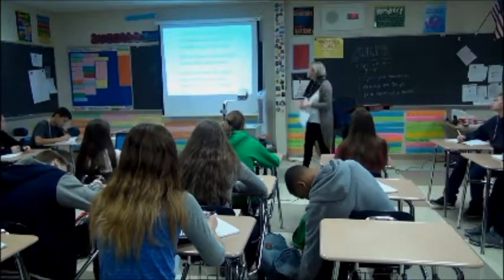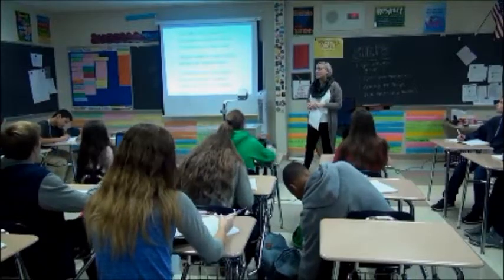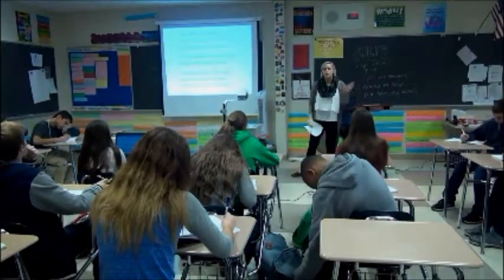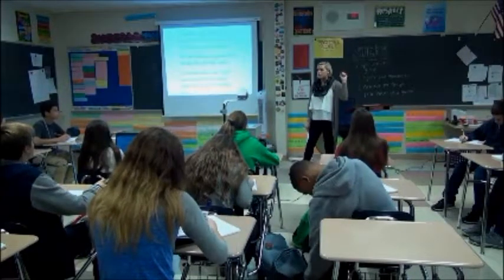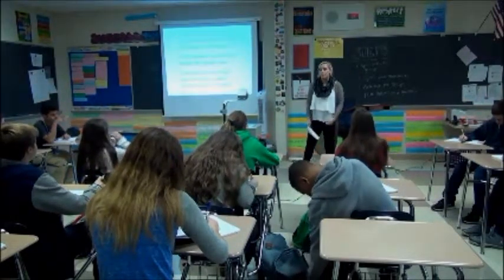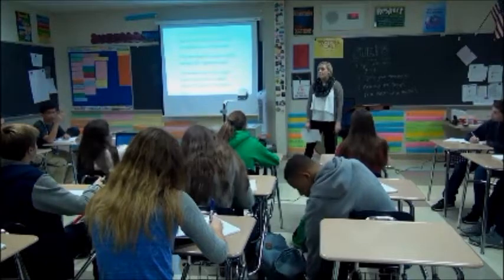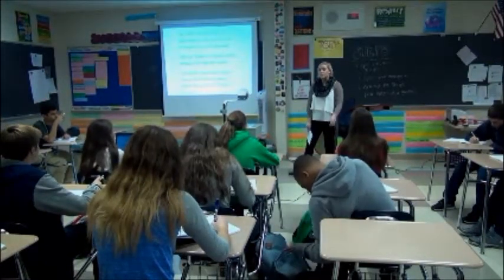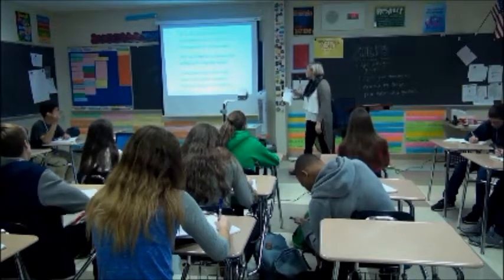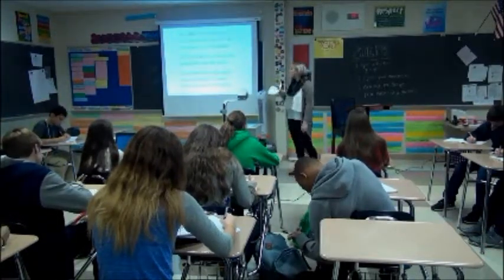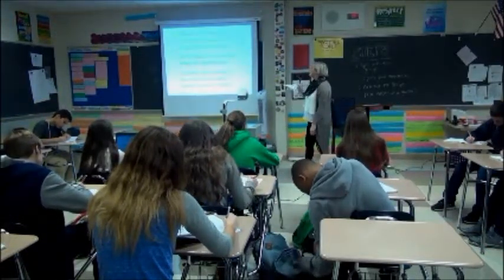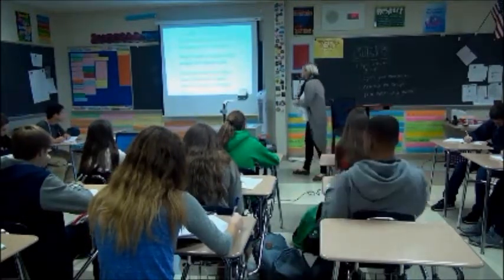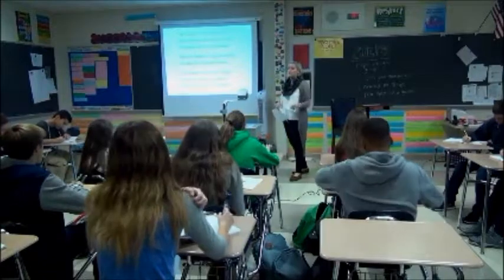So claims are written in a complex sentence and begin with a dependent marker. Does anyone remember what a dependent marker is? You kind of learned about it. Caitlin? It's an AWUGAS word. So it's written in a dependent clause, and that dependent clause is part of a complex sentence. The dependent clause in the complex sentence should allude to the general counterclaim against your argument.